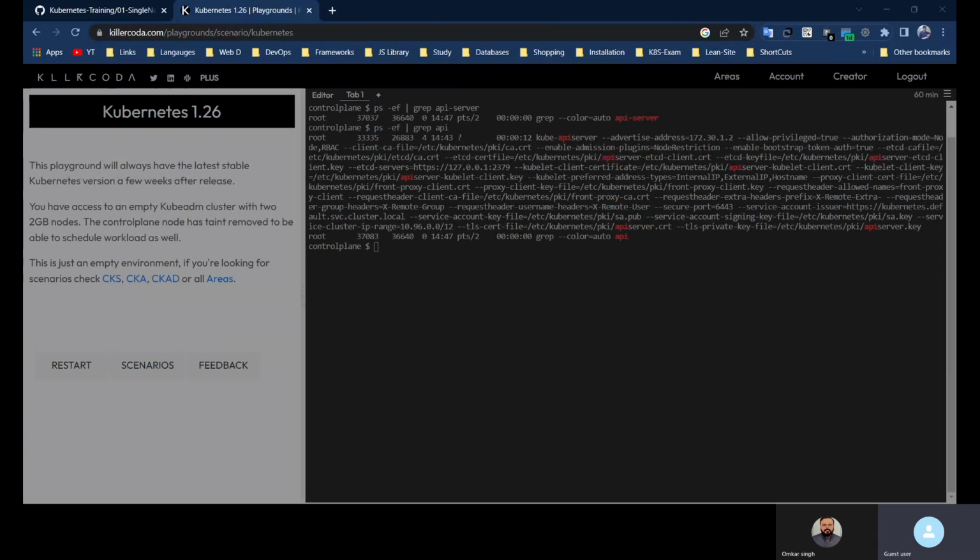Interface. Currently in the image we are seeing Docker, Docker Shim, but now it is containerd. So what happens from version 1.21? Docker is not supported in Kubernetes. They have removed Docker. Why? Because